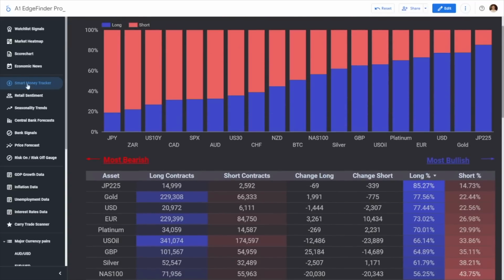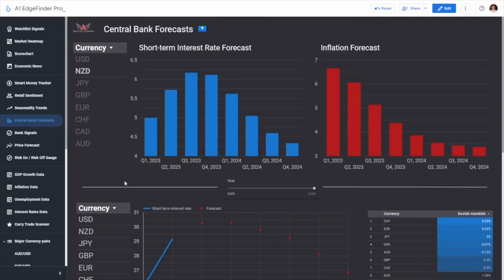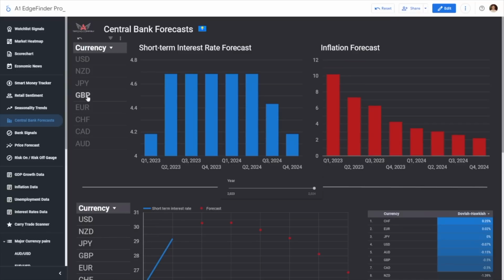But then also I want to show you the central bank forecasts. There's a bit of a divergence here that I really like. And Frank actually pointed out, we'll come to Frank in a second. We'll have a clip shown at the end of this video on pound NZD, which is a trade Frank is looking at. I thought it was very interesting. But let's focus for a second just on pound USD.